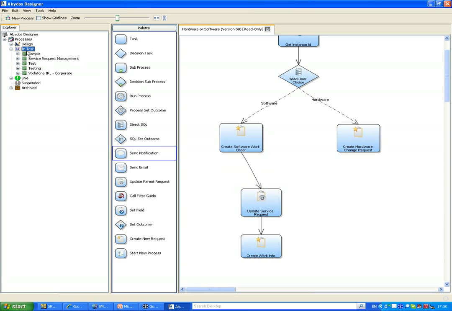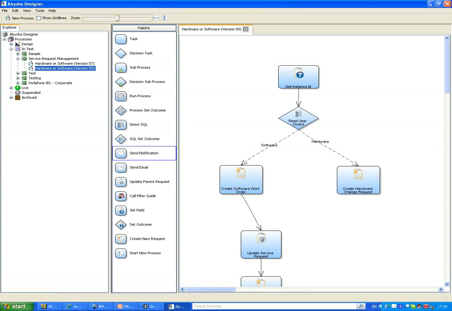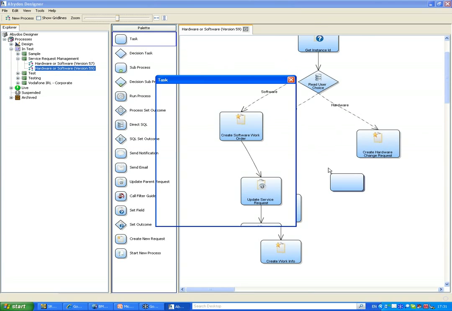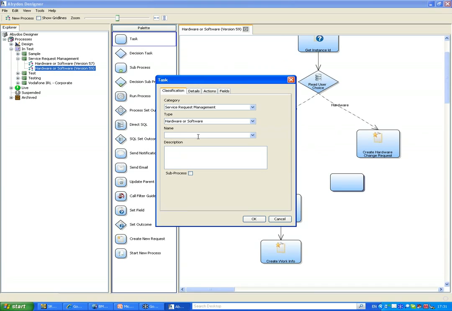We're just going to now go into the test mode and look at service request version 59. So I just close down 58 and open 59. Because it's in test now, I can now make changes to this process very easily. So what I need to do is just click on the new task, drag it onto the diagram, and put in the new task name. So I'm just going to call this